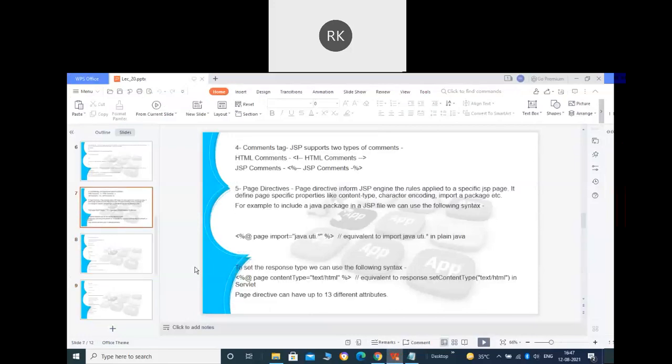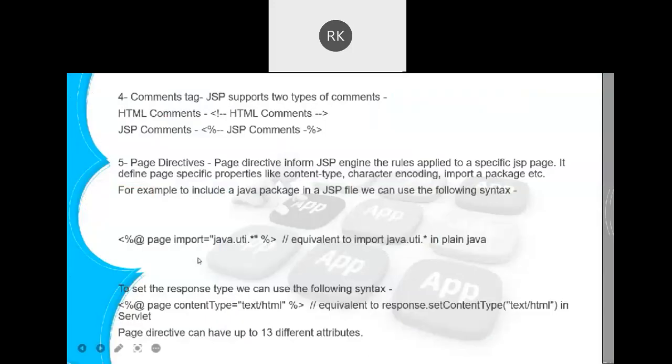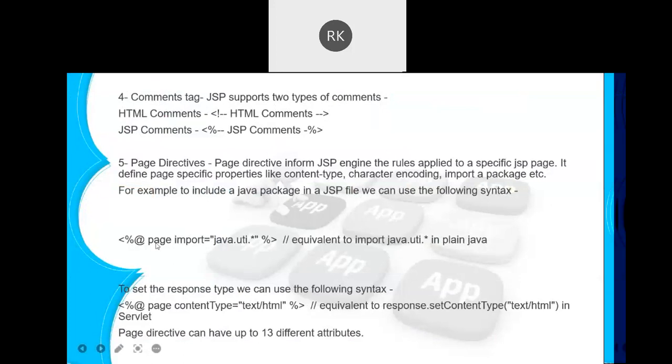Look, here, as we know, the last thing that we have seen was the page directive. And here the page directive can have in total 3 different attributes. The first attribute we have seen is about the import, like we can see <%@ page import="..." %>, whatever package we want to import, we can write the name. In the same way, let's suppose I want to define the content type. For that, we have a predefined attribute name, contentType, and here you can define the type of content.